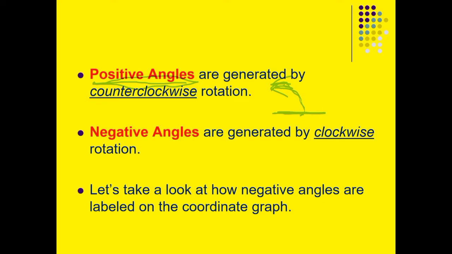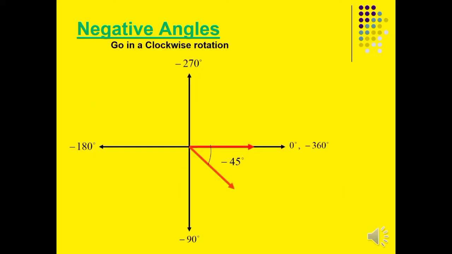Whereas when we talk about negative angles, that generates a clockwise rotation. So from the initial side, going to that portion there in our standard position, rotating this way means clockwise. So the angle that can be formed is a negative angle. We also have to understand how negative angles are very important in the coordinate graph or in our Cartesian plane for the standard position. So here it goes in the negative angles.